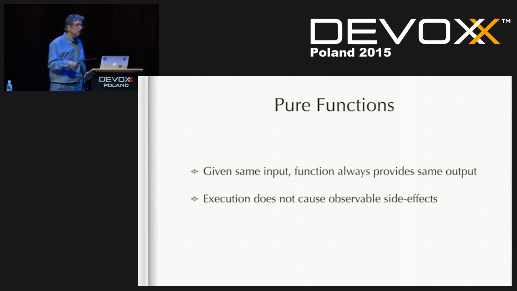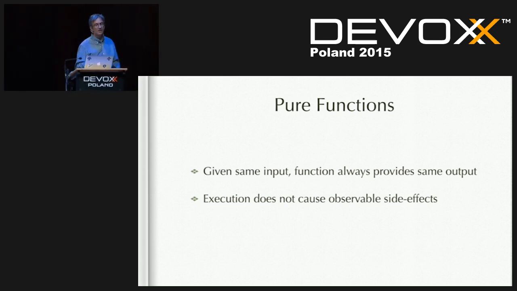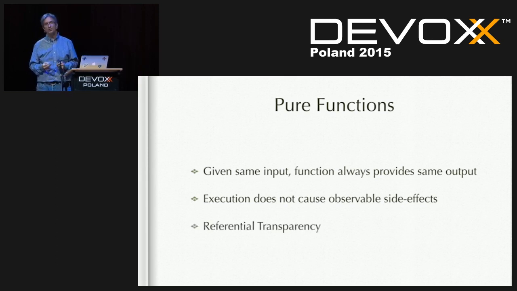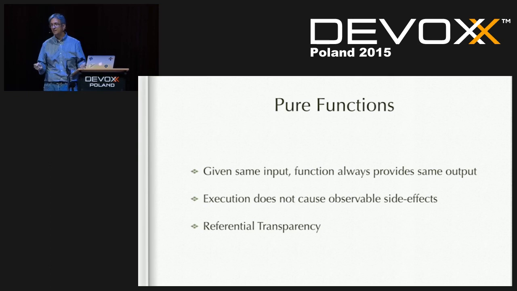And one of the reasons we want to aim for pure functions, and one of the reasons this has all come about, is that functional programming has been around for many, many years, about 45 years. It originated from lambda calculus. In mathematics, basically everything has a single parameter, and they just want to reason about that function. You give it an input, it gives an output. It's much simpler to reason about when you don't have all of these different moving parts going around. So we try and aim for pure functions. That's also sometimes called referential transparency, which basically means that if I were to pull out that function and put it in a lookup table, it's exactly the same thing.